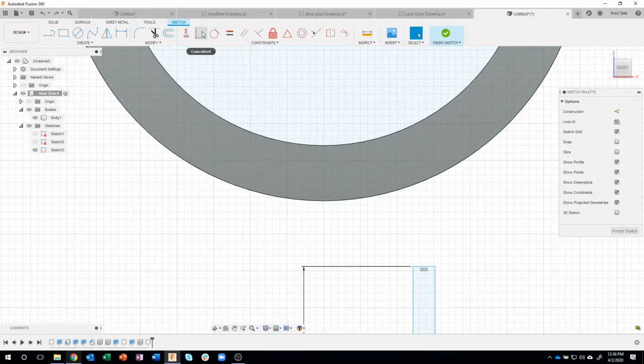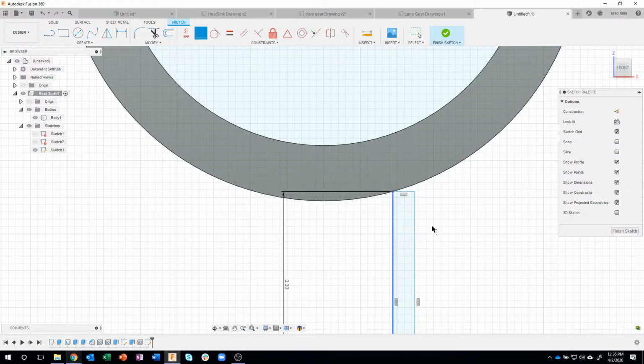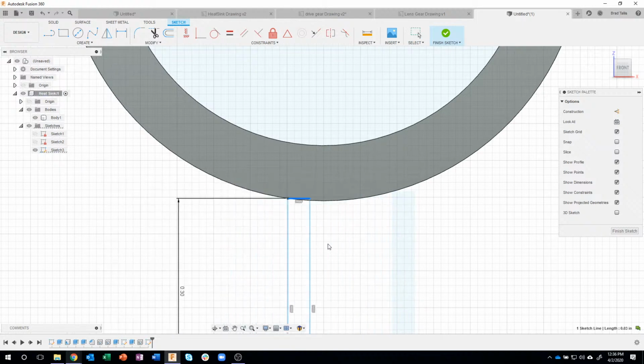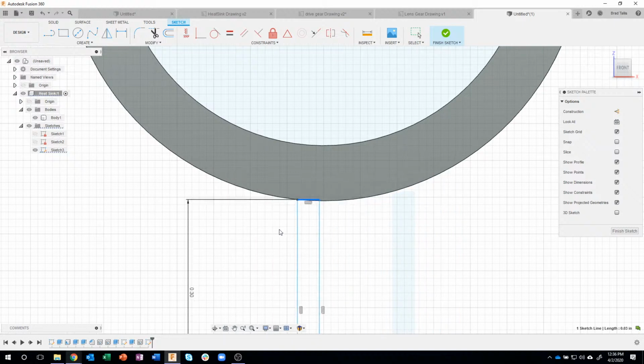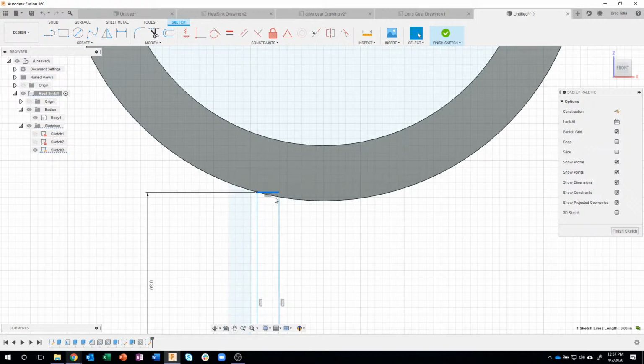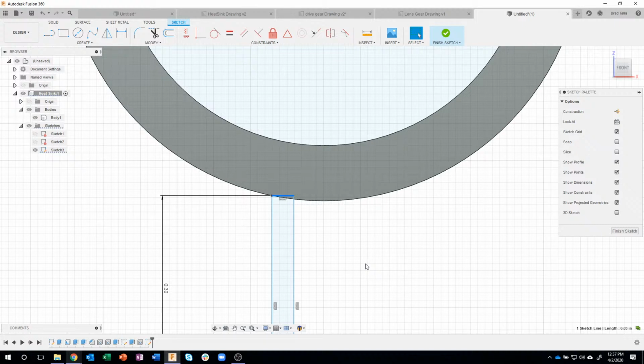Or I could come in here and say coincident, that point with that edge, and I get the same result. And you'll notice now I'm dragging that rectangle and it's following along. So my tip here is Fusion is going to try and create the correct constraint for you automatically, or you can force it. You can tell it, I want this to be a coincident constraint. So just kind of a heads up there, right? Okay, so I make that coincident with the circle, and then